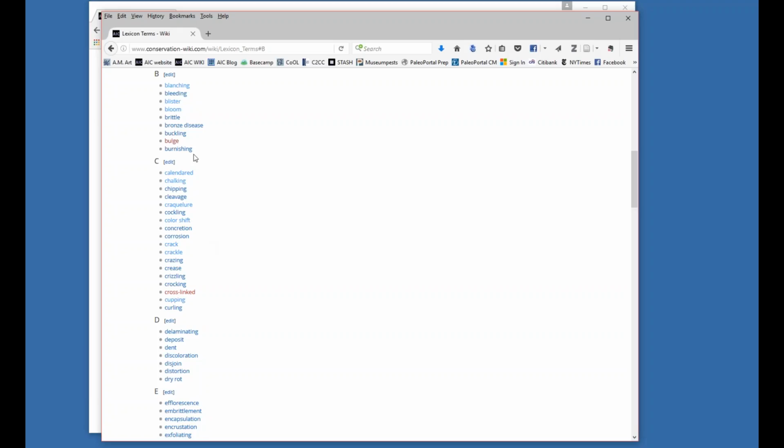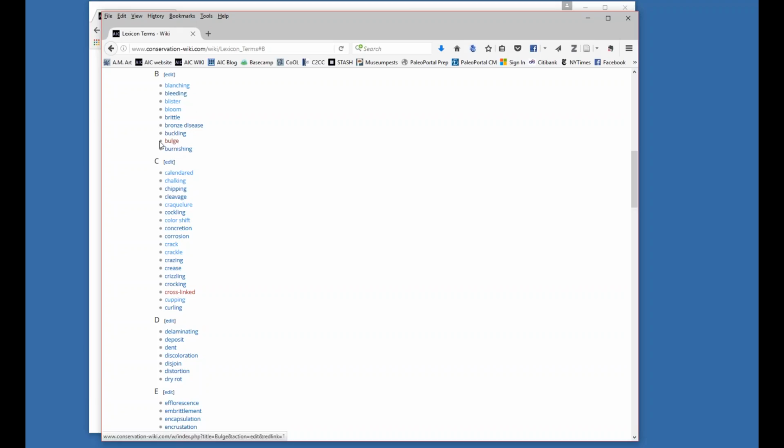But if you can see it, there is a light blue and a dark blue, and that distinguishes between pages where content exists that you've clicked on that link before. The light blue is a link that you've surfed through recently, and the darker blue is one that you haven't. But blue indicates that this is an active link with content in the page, as opposed to red, which